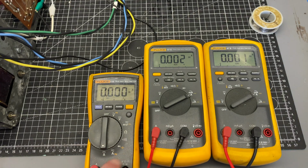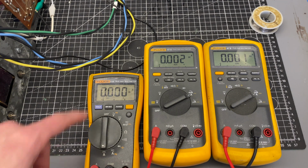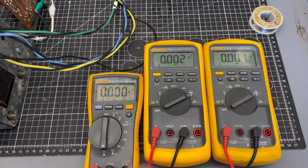So I have each one of these meters set up to measure current, and I'm connected across each one of the fuse holders. This is base, mid, and treble. So I'm going to turn this on, and what I like to do on a first power up like this is I do this on dim bulb, and then I'm just going to verify the directional rotation of each one